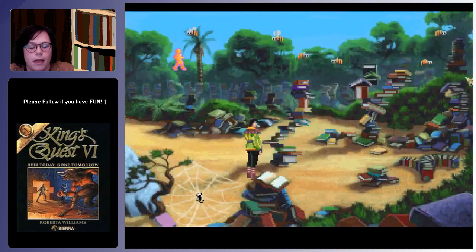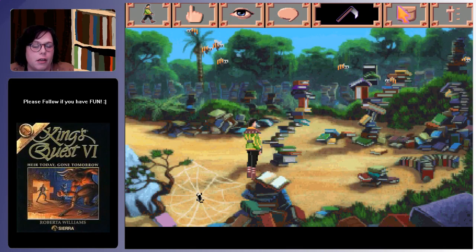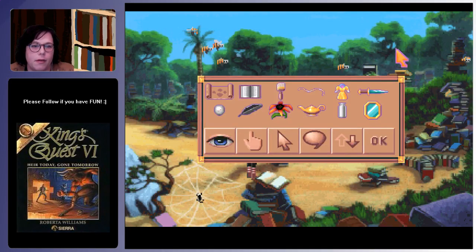Let's look over everything we have. Here we are. So this is what we have. A lot of stuff. We get those, what, 4 items from...